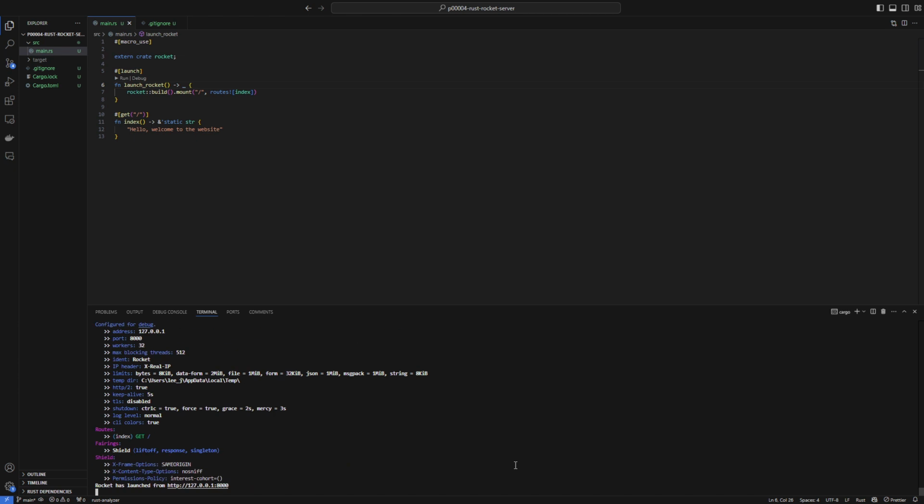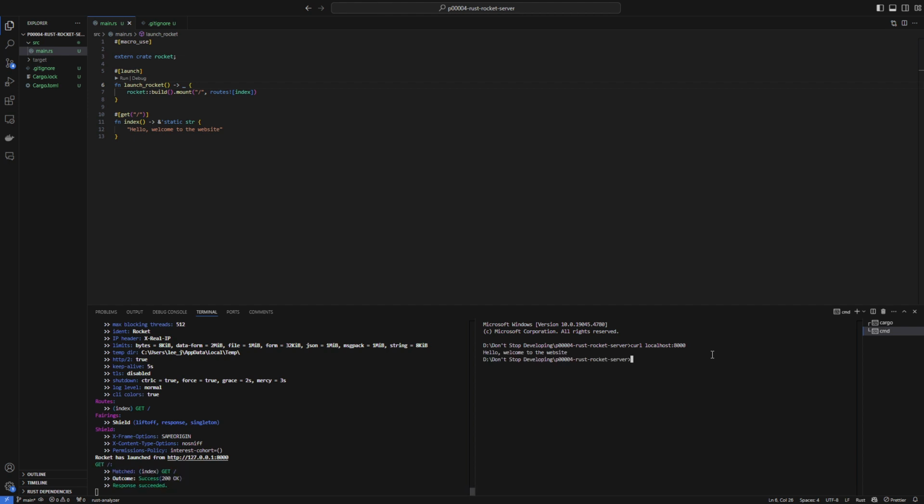There it is. So now it's running on port 8000. So if I were to do a curl here, I could do localhost 8000, and we've got that hello, welcome to the website. So that's hitting the index, and that's showing that there. If I wanted to make another route,